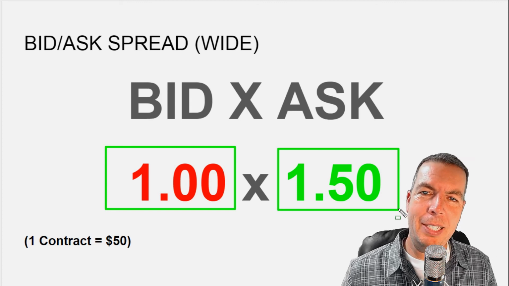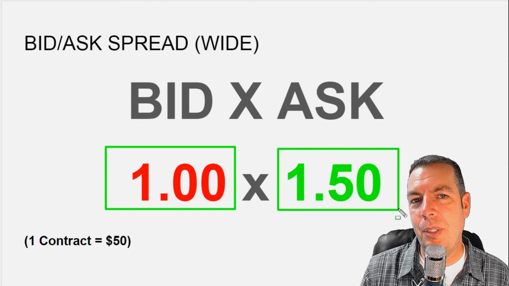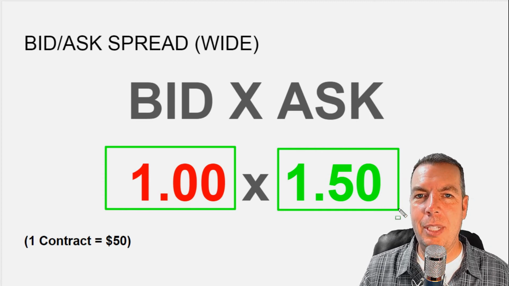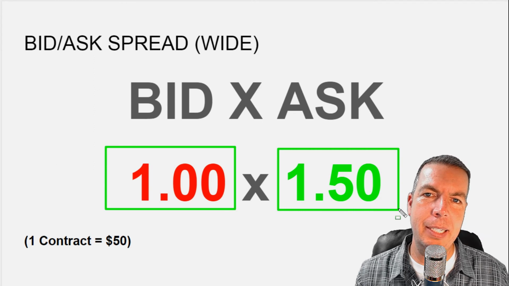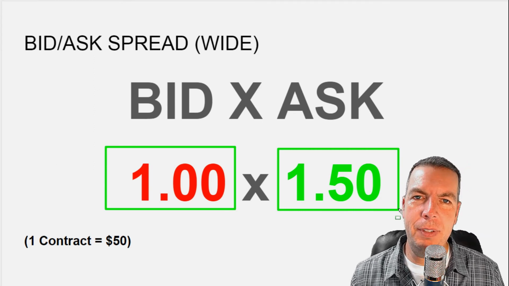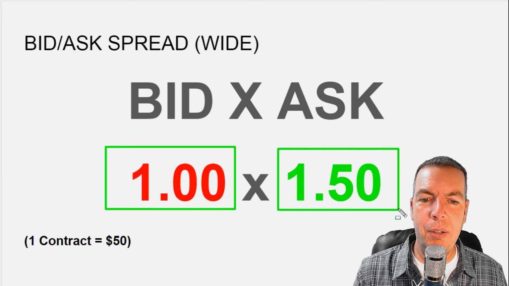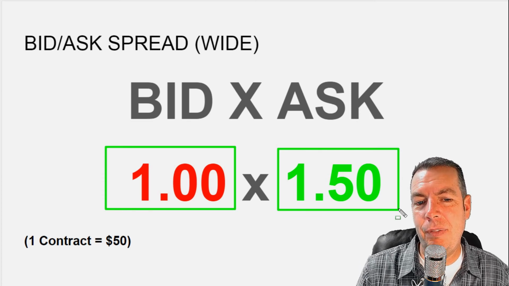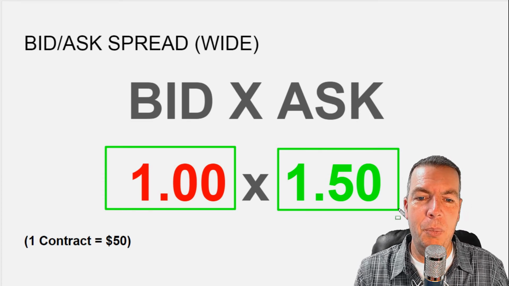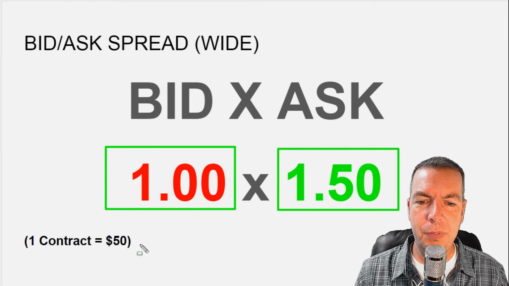Now remember, anytime we buy a stock or we buy an option, to theoretically close that trade, we're going to have to sell that option. So you can see in this example right now, if we're buying at the ask and selling at the bid, we're already going to be down $50 in this trade because we have that big spread there. So if we bought it at $1.50, we know that in order for us to be profitable, at least on this trade, we're going to have to be able to sell it at $1.50. But in this case, looking at the bid, we have to sell it at that bid price. So the difference between the $1.50 and the dollar is 50 cents.